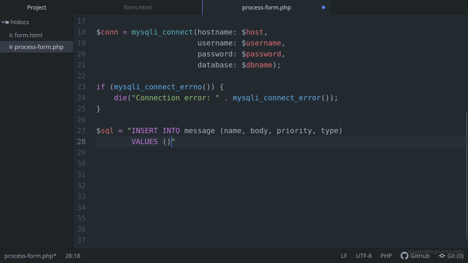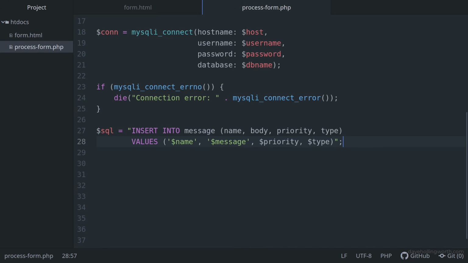There are several ways we could include these in the SQL. We could insert the values of the variables directly like this, making sure that string values are enclosed in single quotes. However, doing it like this makes the code vulnerable to an SQL injection attack. An attacker could insert some SQL code by including single quote characters in the form data. There are several ways to avoid this, but the one that leaves us with the clearest SQL string is to